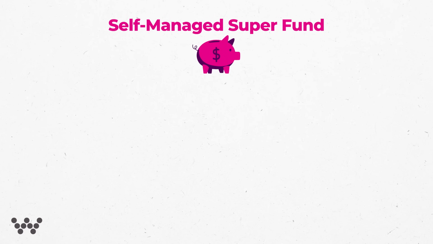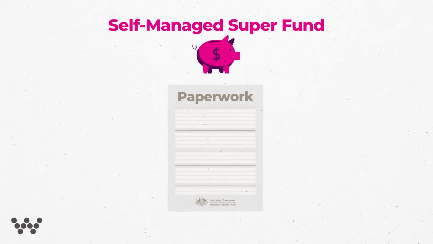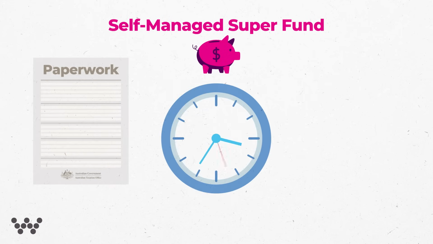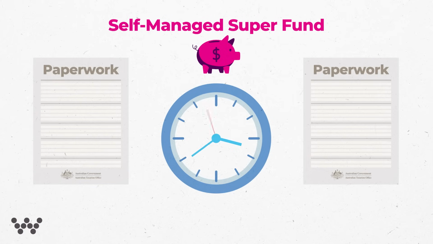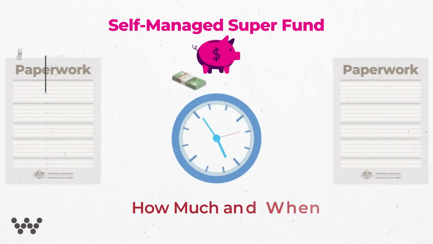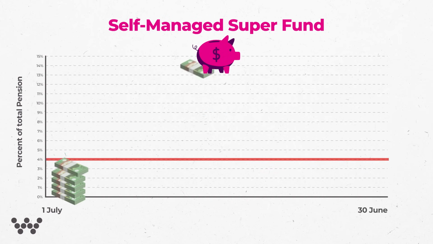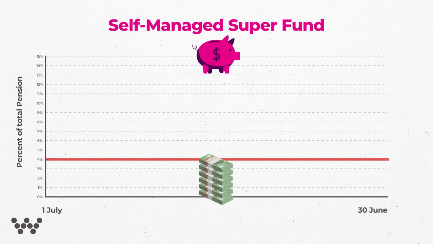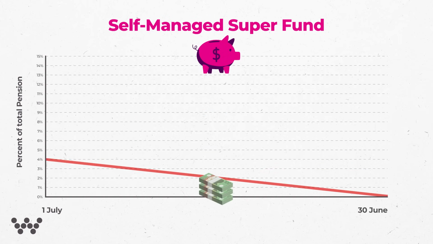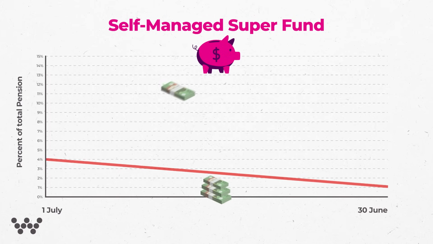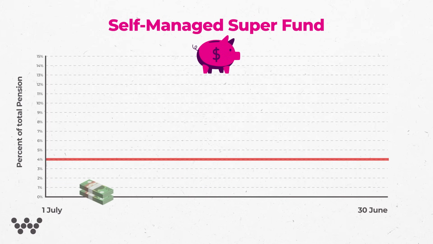For SMSFs, you need to speak to your advisor or your accountant. But ultimately, again, you're completing another set of paperwork, a series of minutes, a number of forms to sign, all of which allow you to calculate the balance of how much you're going to get paid, when you'd like it to be paid. And in every case, if you commence a pension outside of 1 July, so at any other time during the year, the minimum pension will be prorated based on the number of days left in that year. The key here is it's important to meet the regulatory requirements and make sure that you're always drawing at least the minimum and you're checking that before 30 June each year.